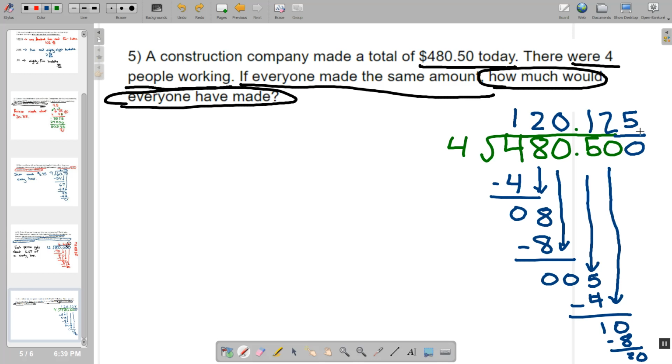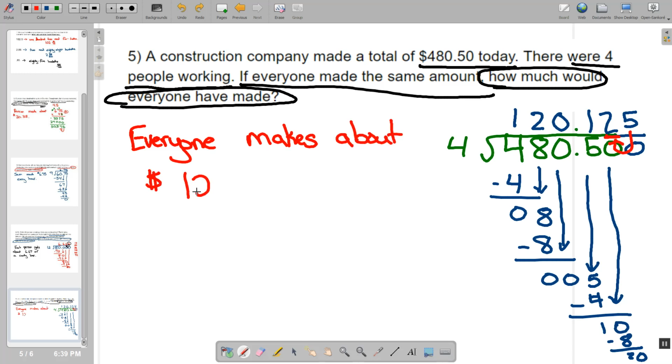So then we get a 5. But once again, we're working with money. Money always rounds to that second decimal place. So I'm going to round up to 13 hundredths. So everyone makes about, because we rounded, $120.13. Good luck on your